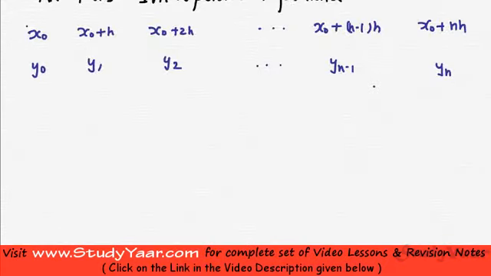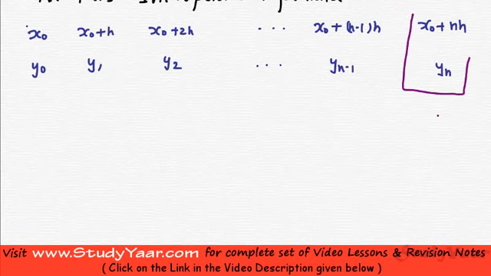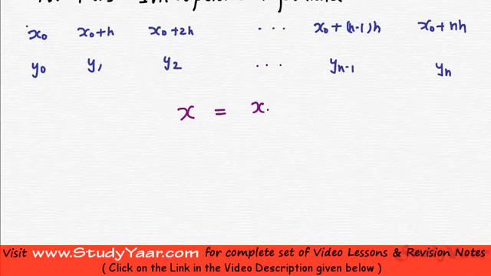Similarly, if you want to interpolate for a value of x which is nearer towards the end, you can say that what you want is the value at xn, which is this point, plus p into h. When p is positive, you are extrapolating, basically looking at values in this direction. When p is negative, you are into